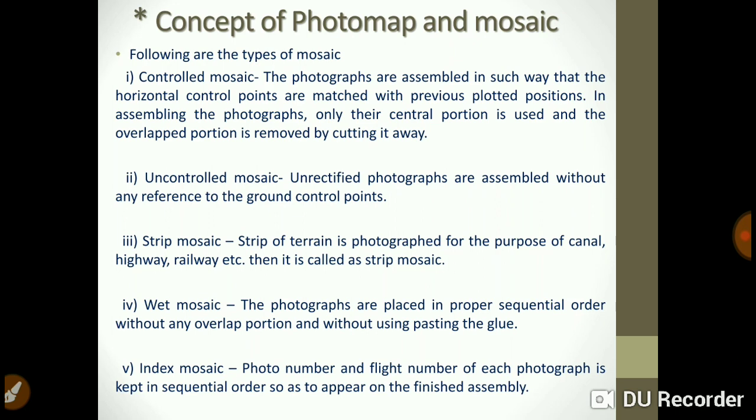In 2 minutes I want to revise. A photo map is a single aerial photograph, represented by different grid lines, contours or different map features. Then it is called a photo map. But a mosaic is an assembly of different photo maps together, or different aerial photographs together. After that we have seen different types of photo maps and different types of mosaic. So this is all about the concept of photo map and mosaic.